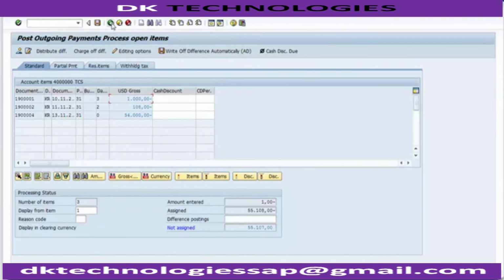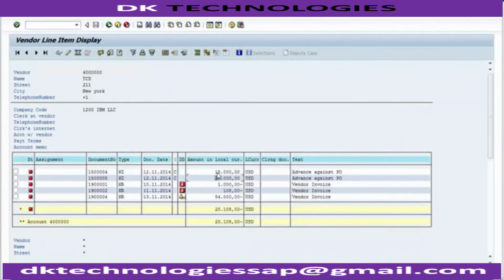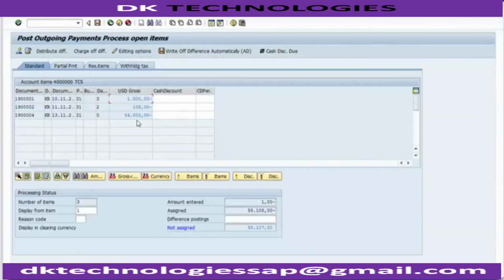You can do one more thing: the total down payment is 20,000 plus 15,000, which is equal to 35,000. So 54,000 minus 35,000 is equal to